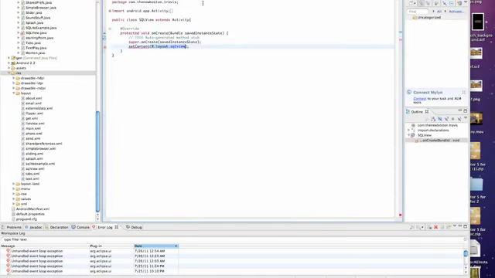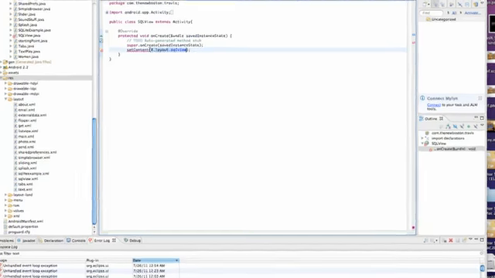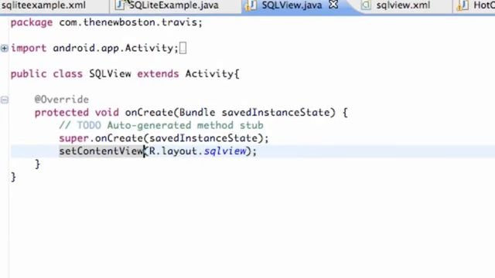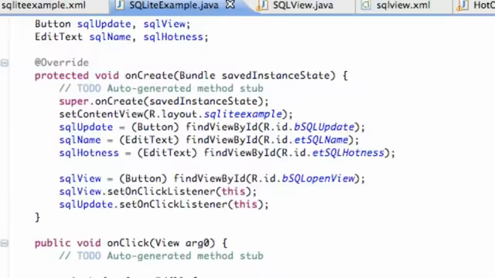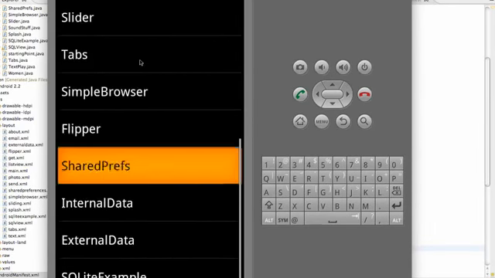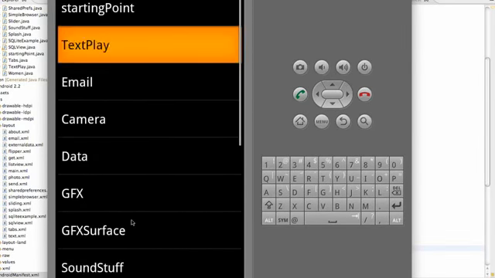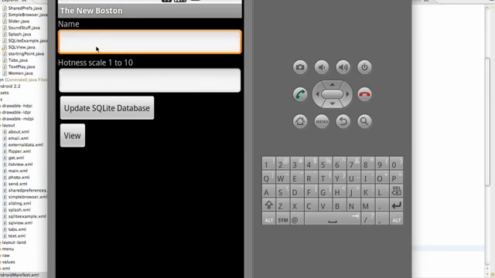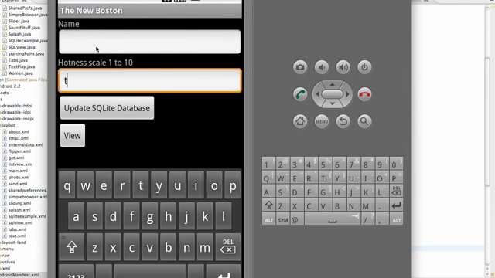Got errors. Sweet. Oh, I must have messed up on this. So set content view there. You guys probably already caught that, but that's for our SQL view class. So we're just going to run it real quick and make sure everything works here. So we got this coming up, and then we're just going to say, whoops,